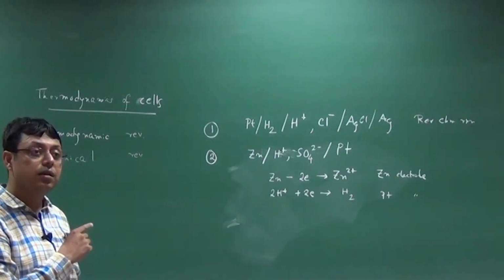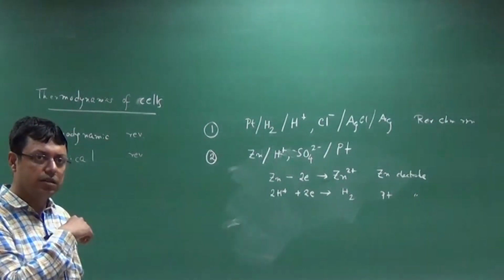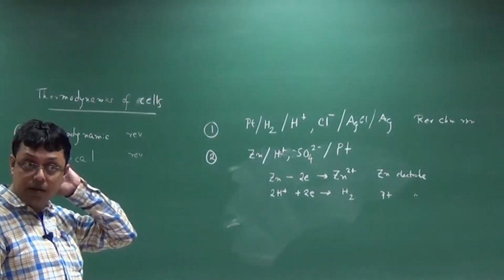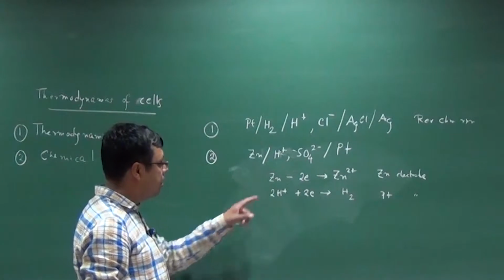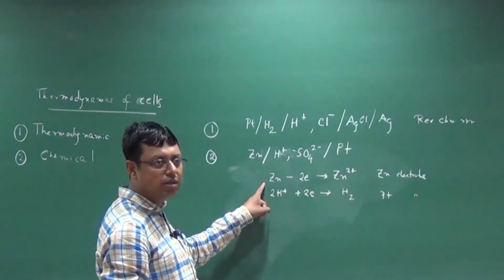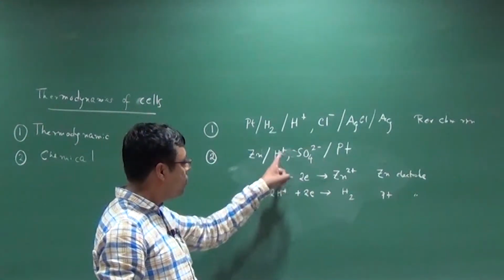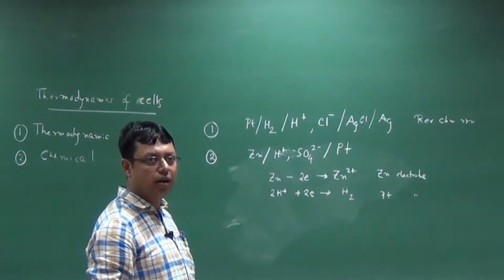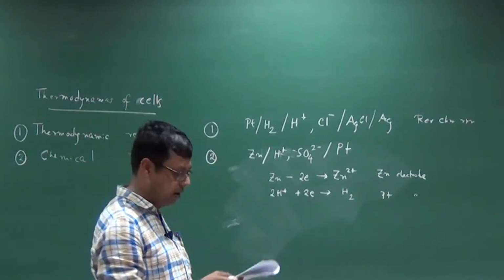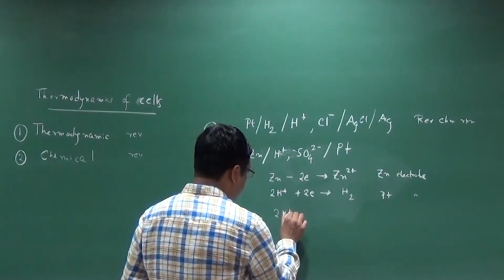Now the question is, if I now keep on applying voltage in the reverse direction, at some point this will stop, and then something else will happen. Then what you will see, think about it, I have actually zinc, minus 0.77. But then if I want to reverse the reaction, there is also water present here, and water can also oxidize. So then a very interesting thing will happen. For the zinc, now you will see